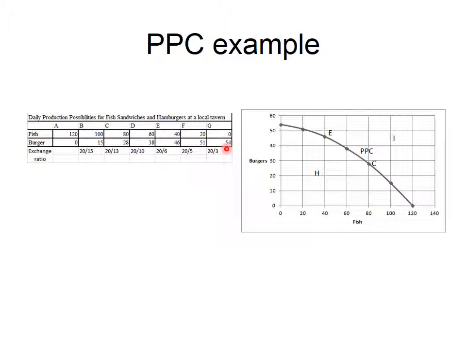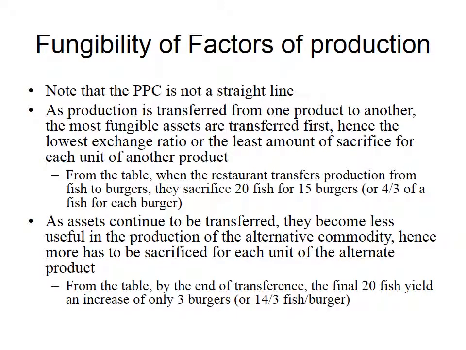Now I'm going to explain why that is. This is the law of increasing opportunity costs. It has to do with the fungibility of resources. Now, factors of production we use synonymously with resources. We note that the PPC is not a straight line. As we move production from one thing, as with the previous slide, from fish sandwiches to burgers, we're going to get,